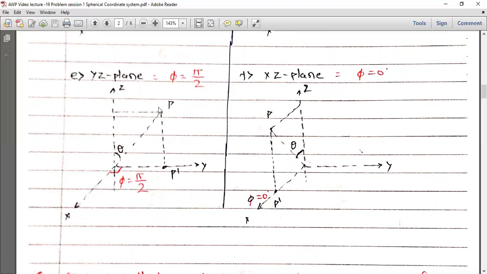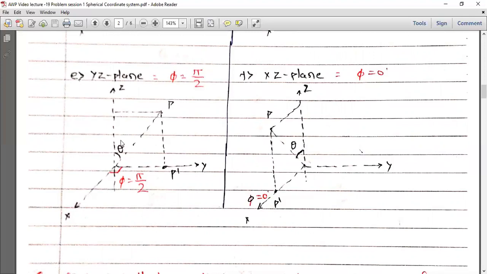For that, we first of all think about r. What is r? r is the distance from the origin to point P. Again, it depends on the position of point P. We had already mentioned for all the points the same thing: we cannot say that for all points on the x-axis or y-axis or z-axis or xy plane or yz plane or xz plane, the distance of point P to the origin is constant. No, it will not be constant. It depends on the position of point P, and it can vary from 0 to infinity. So we cannot say anything about r.